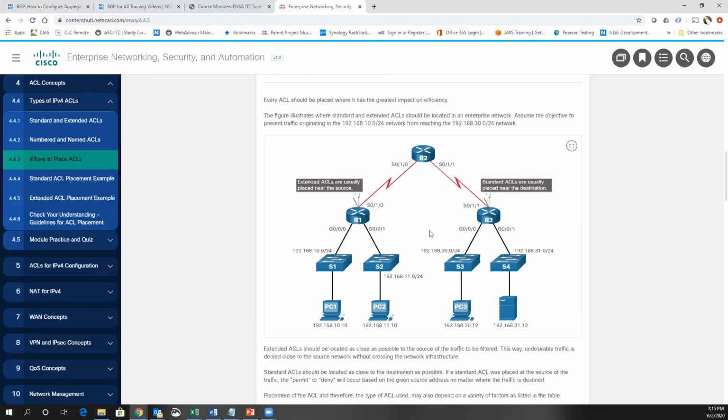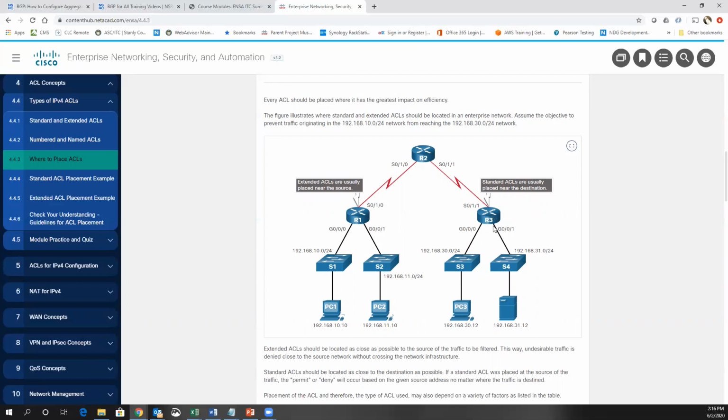If you're using a standard and you're trying to control traffic from the 10 network, you're going to need to either put it all the way over here on the S0/0/1, or, if it was applying to one of these two networks here, so in other words, you wanted the 10 network to have access to the 30 network,